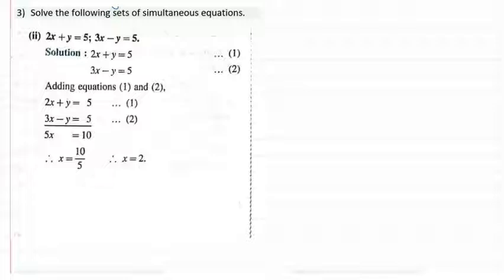Are we supposed to find the value of 5x? No, we require x. So we are going to shift multiplication x to the other side. If multiplicative x goes on to the other side, it becomes division. So that's how we get x is equal to 10 upon 5. 10 and 5 both come in 5 table. So 5 ones are 5, 5 twos are 10. So therefore the value of x is 2.